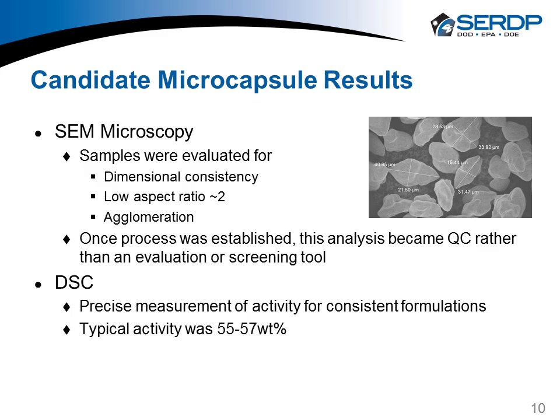So getting back to our microcapsule results, here's an example of our microcapsules. We typically wanted fairly round capsules. More oblong or higher aspect ratio particles tended to have thinner shell material on the ends, and it resulted in poor barrier properties and thus reduced shelf life. And so this quickly became a QC method as we became more proficient with the encapsulation approach for this particular